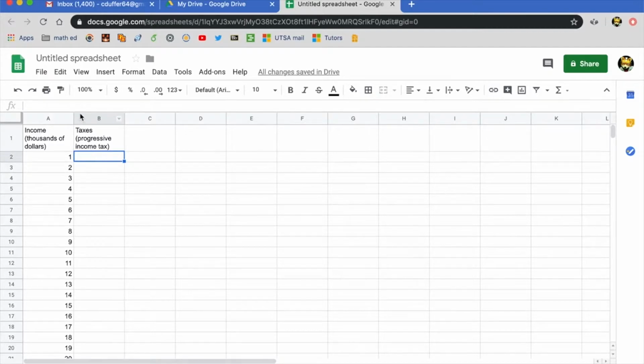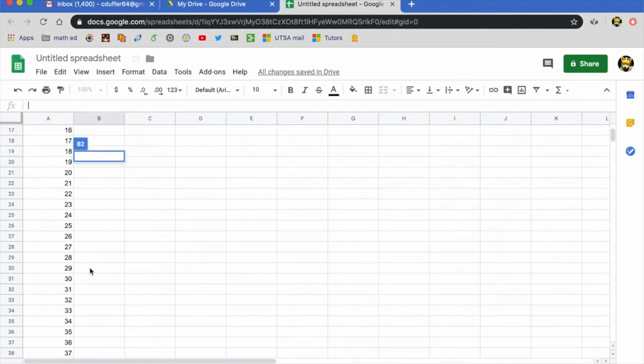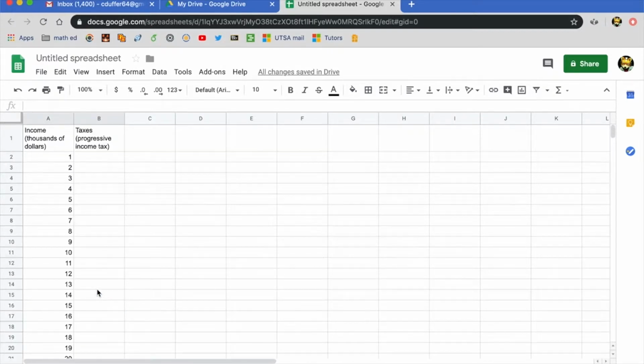But in this box, I'm going to type the formula that we had for the progressive tax on the income that was 50,000 or less. If you remember, 50,000 was the cutting point in our system. So I'm going to type a formula that's slightly different from the formula you guys should have. So mine is going to be 0.2, and again, yours is going to be different, times